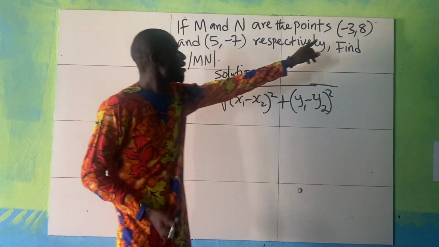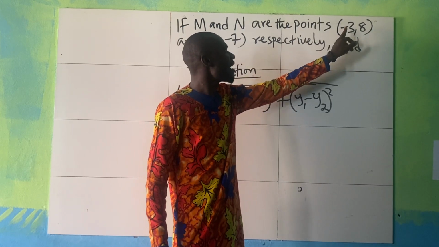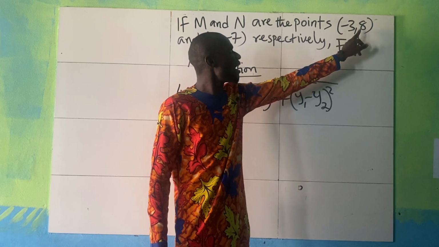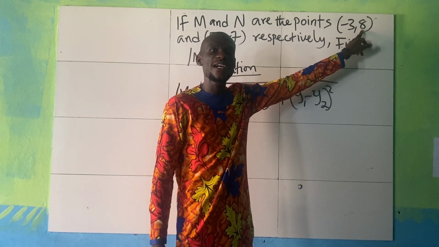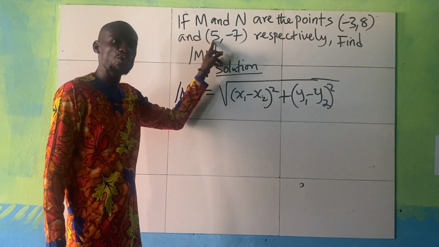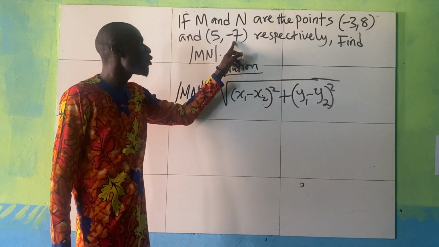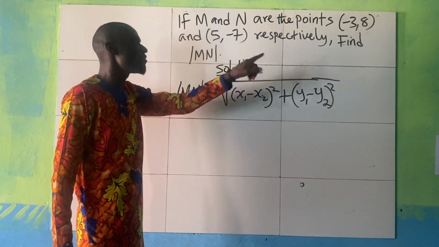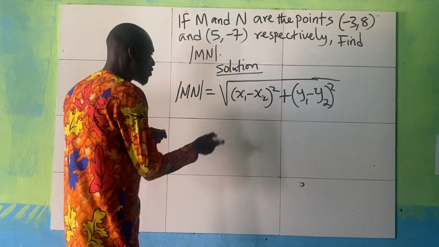Now, looking at this point, minus 3 is equal to x1 and 8 is equal to y1. Here, this point, 5 is equal to x2 and minus 7 is equal to y2. So we are going to substitute these values into this. So it simply means that